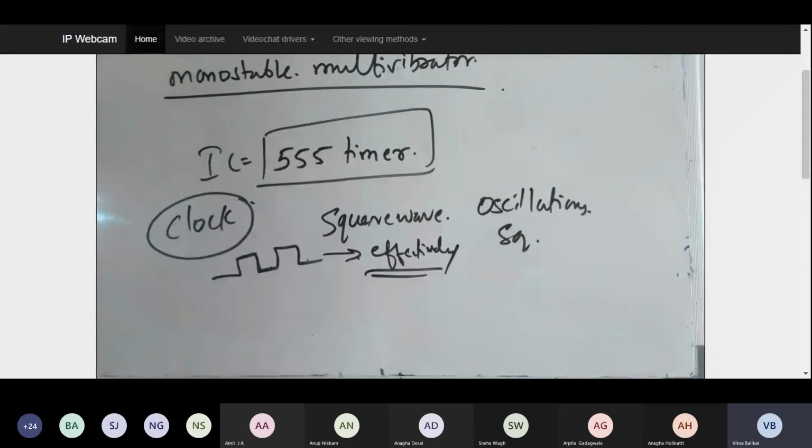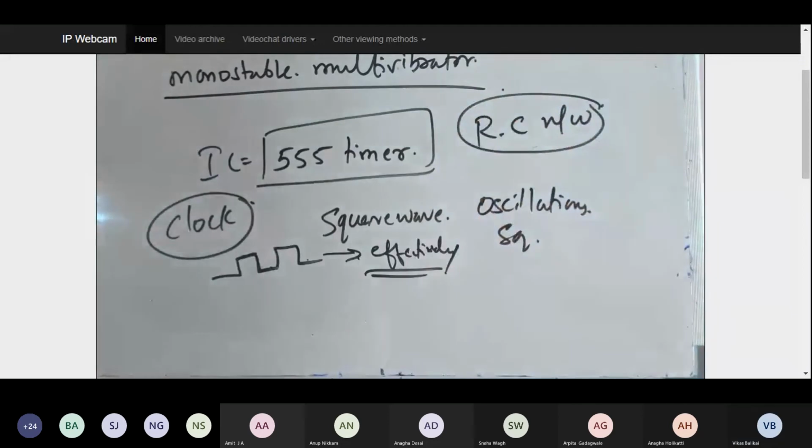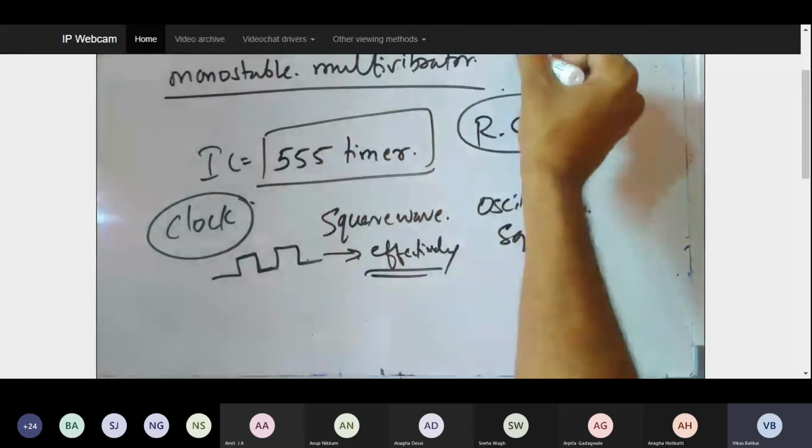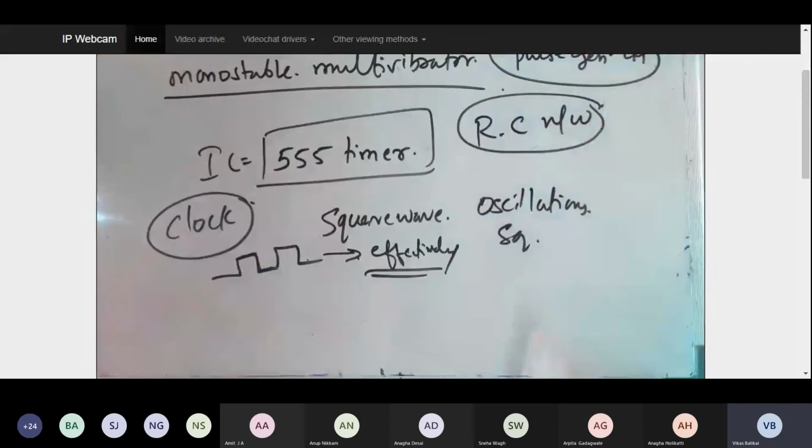So basically it's a pulse generating circuit in which the duration of the pulse is determined by the R and C network that I am going to use in the circuit. In tomorrow's class, I'm going to discuss how I'm going to use R and C together to form the network, and how I'm going to build it using the comparator and 555 timer to generate the multivibrators or pulse generating circuit. The entire explanation about all these things will be taken care of in the next class.